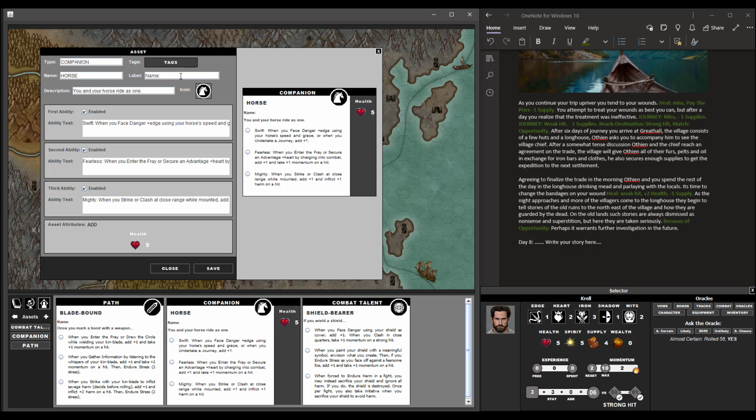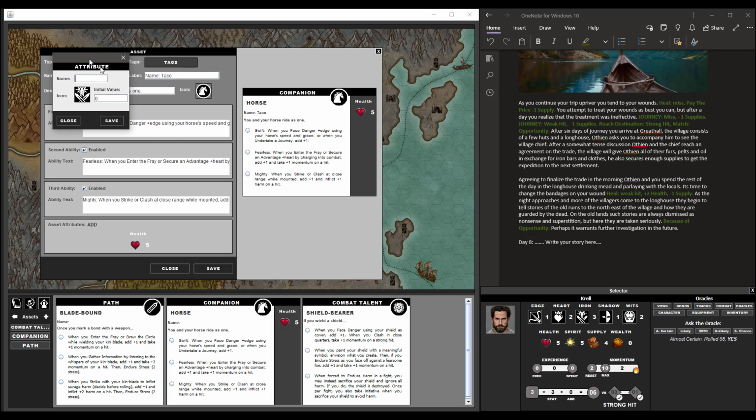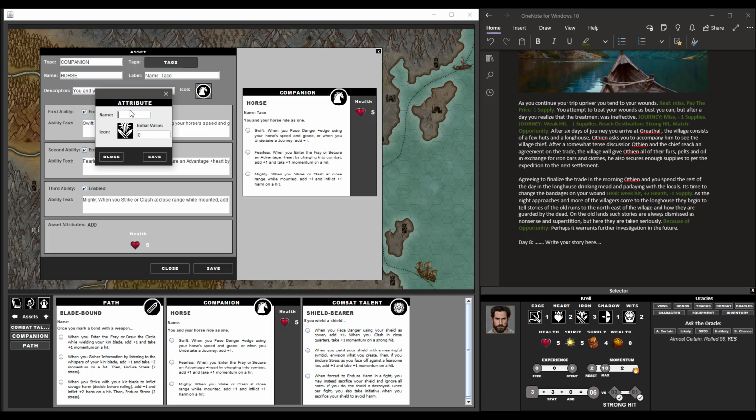You add the name. Say that the horse's name is Taco. And you save. You can also add more tracks to the companions or to any asset. Let's give the horse another stat. Let's give it something different that's not on the rulebook. Let's say it's